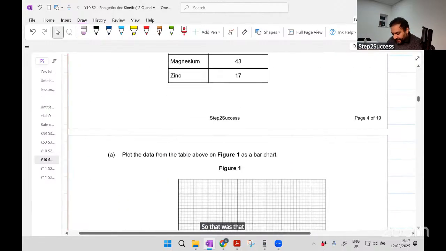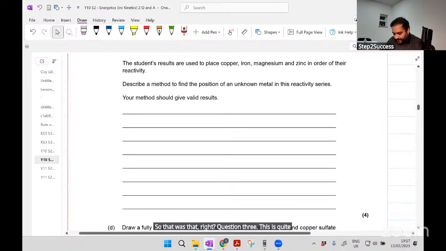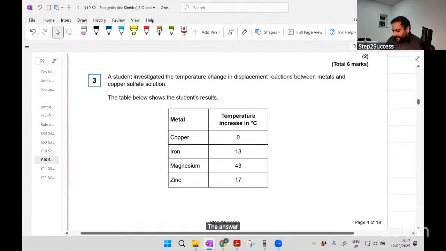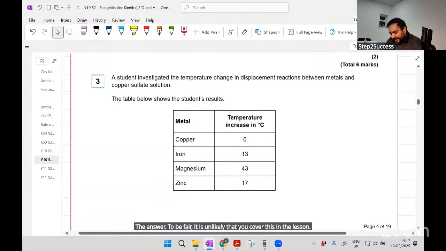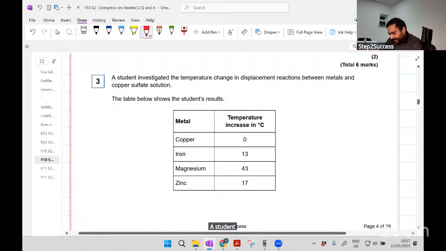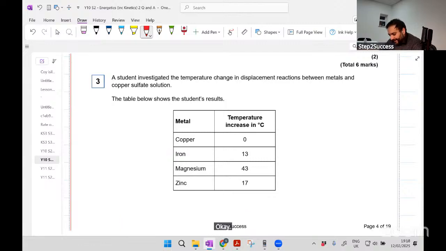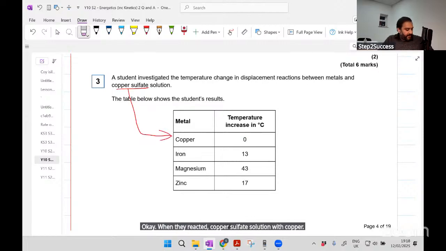Question 3. This is quite difficult. There's a part of this question that is really hard, so I'll explain the answer. To be fair, it is unlikely that you cover this in the lesson, which is why it sometimes happens. A student investigated the temperature change in displacement reactions between metals and copper sulfate solution. So when they reacted copper sulfate solution with copper, there was no temperature increase, which is